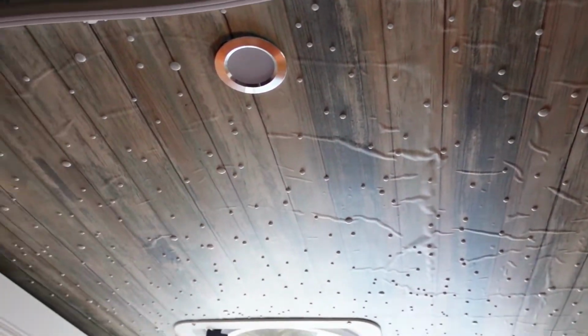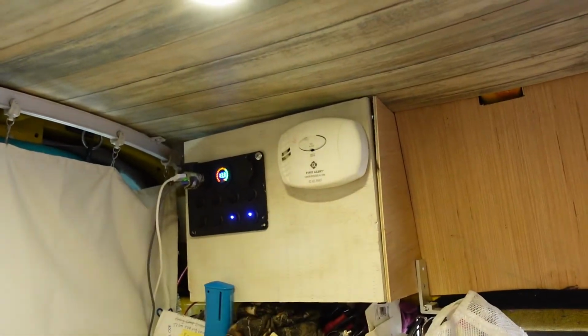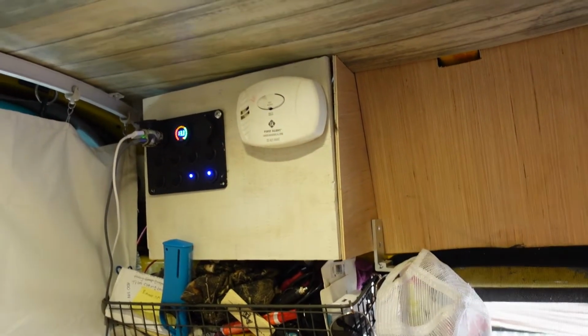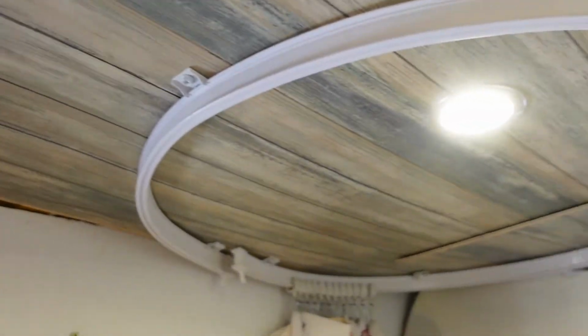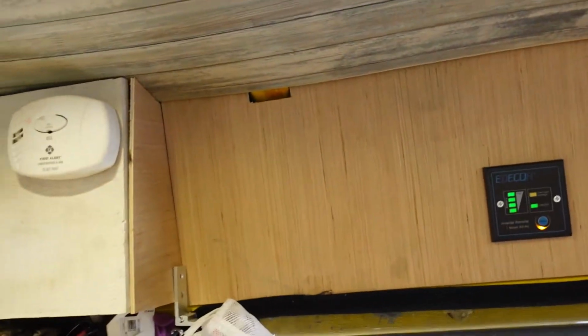So these guys glow in the dark, they're little glow stars. And then we have this control panel over here. We have full lights in the ceiling, so it can get pretty bright in here. And then that's our water pump, and we have a couple of lights outside as well, that can be either security lights or just...